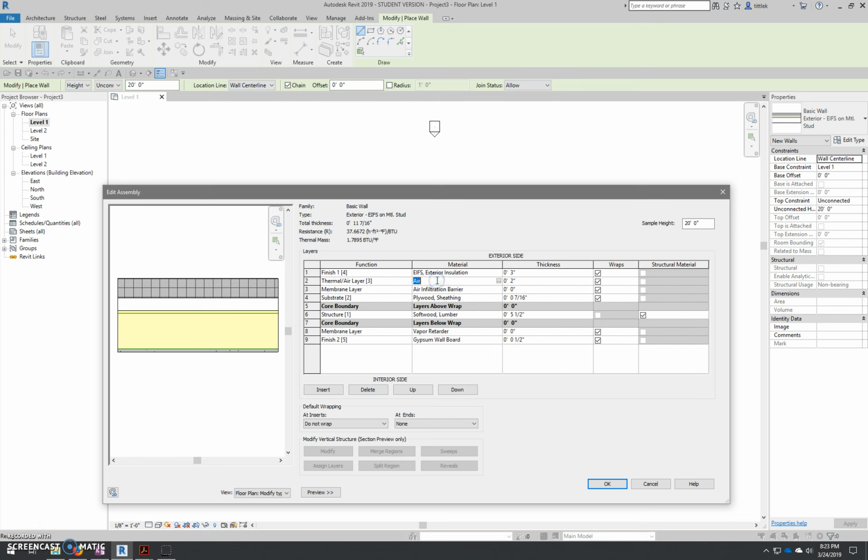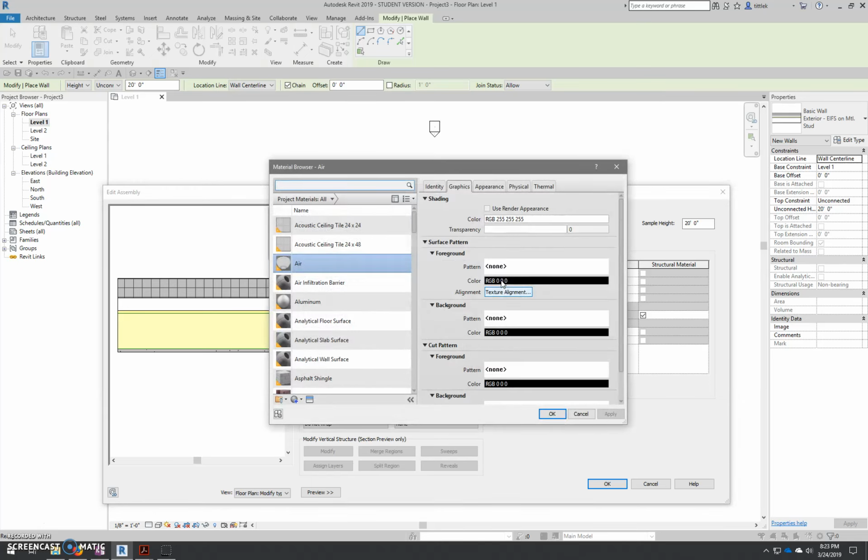We do not have an airspace in our wall, but we do have two more layers. We have our insulation, our continuous insulation, and our siding. So we don't need to add or delete any layers, but this layer here is not air, it's going to be insulation. So it is a thermal / air layer, but we are going to change the air to